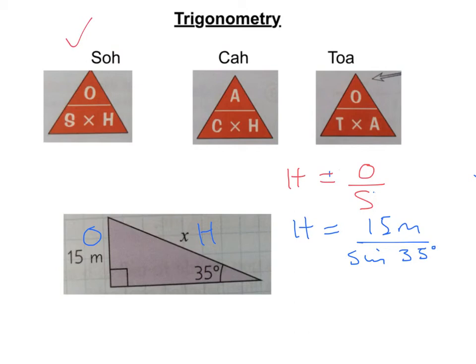Okay, so I've used my calculator and I've found what sine of 35 is, and we're going to do that calculation now. H equals 15 meters over the sine of 35, which I have heavily rounded because I can't fit it all on the screen. And this could cause a lot of error, but we're going to go with this for now. And that gives you the hypotenuse, which is x as well, don't forget, of